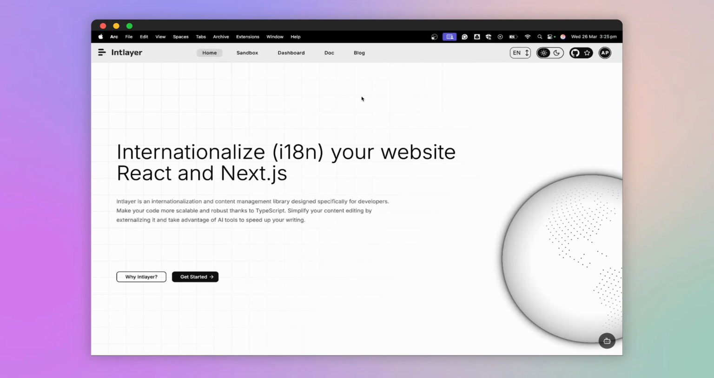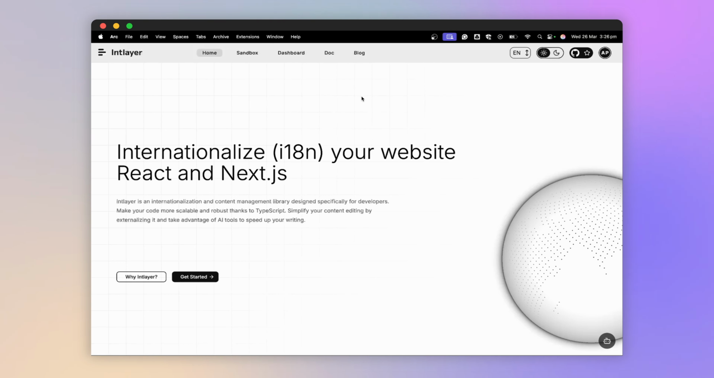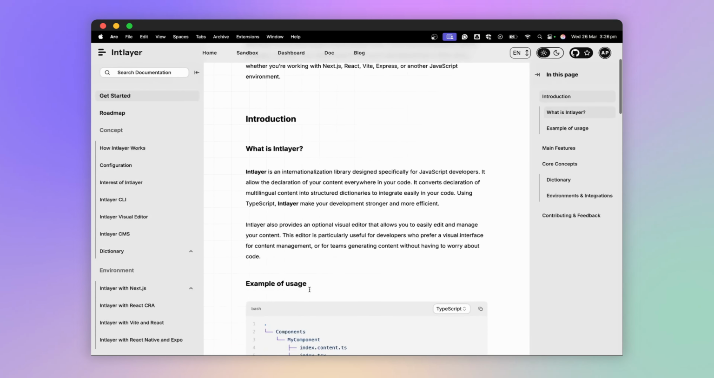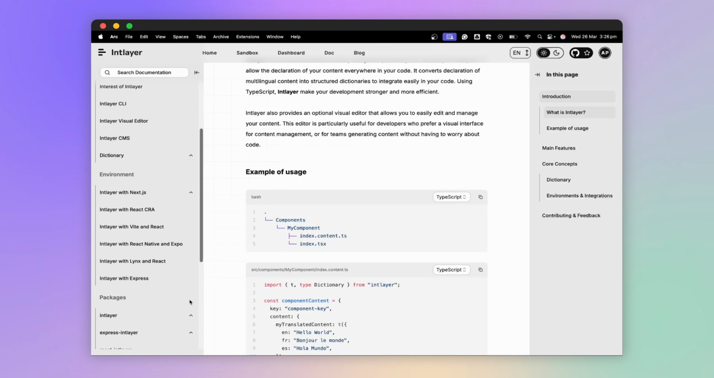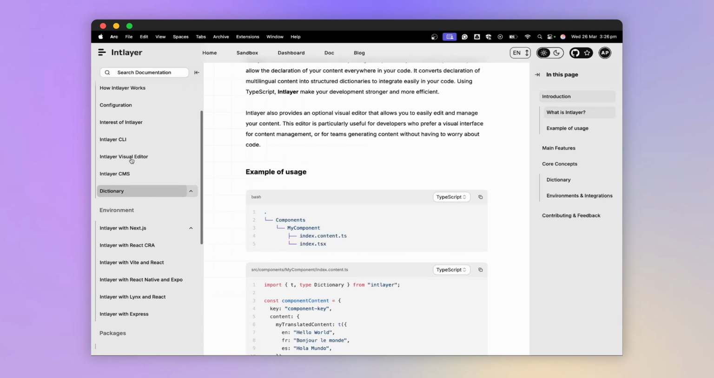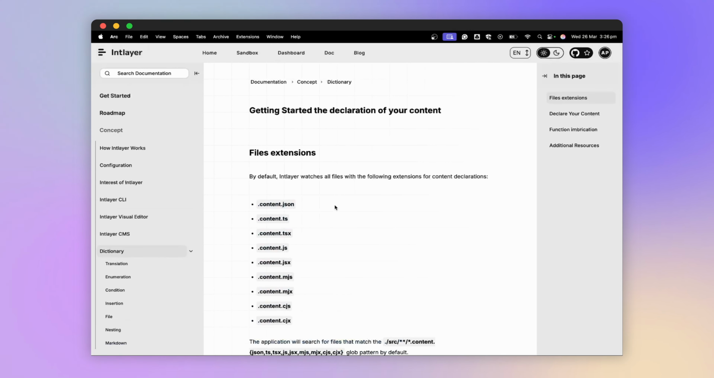Hello, everyone. In this series of videos, I give an overview of the different features offered by Intlayer. Intlayer is an internationalization solution, and more broadly, a content management system for your web and mobile applications based on JavaScript technologies. In this video, I'll assume that you already have Intlayer configured in your project, and we'll focus on